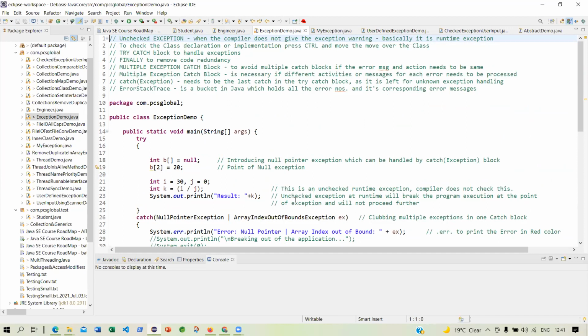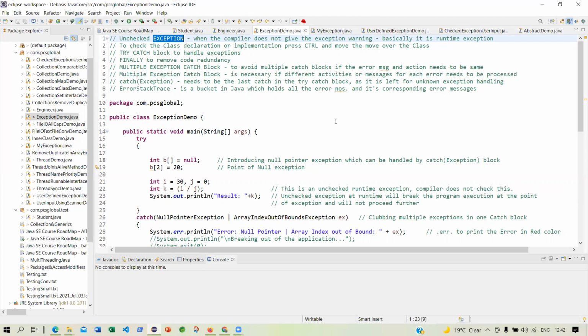And within these two types of errors also, we can have a checked exception or an unchecked exception. Exception is an error condition. I have done some mistake. Either it can be checked during the compilation time, or it can be checked during the runtime, or it can be unchecked.